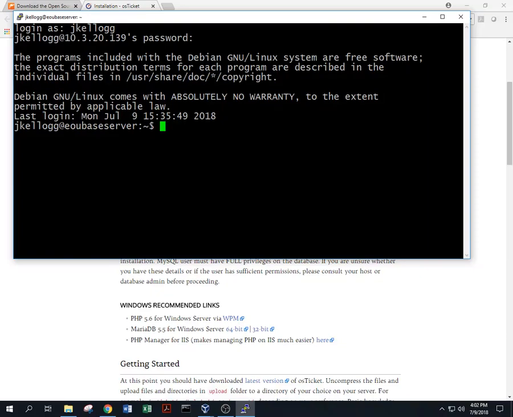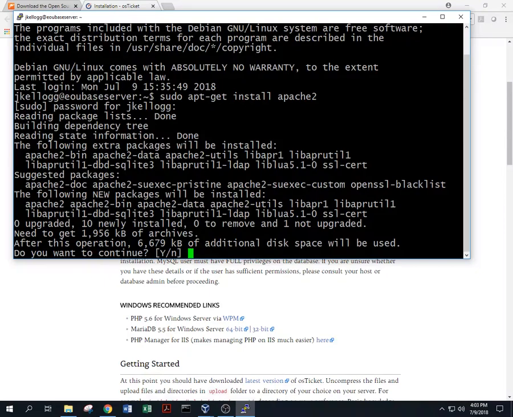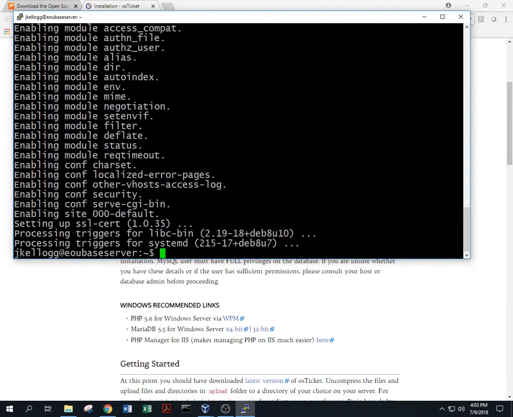So we'll quickly install the software that's needed. The first thing that we need is Apache 2, our web server. So we'll do sudo, which is running this command as a super user, and so sudo apt get install Apache 2. Okay, so we have Apache 2 set up. Now what we'll do is install MySQL. So sudo apt get install mysql